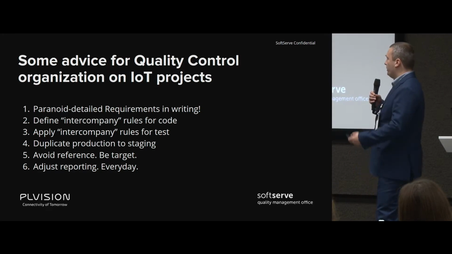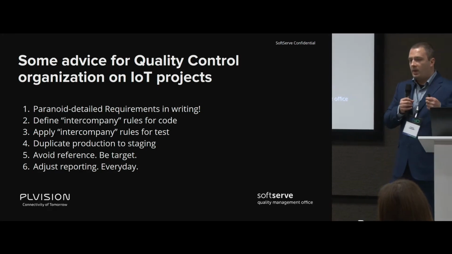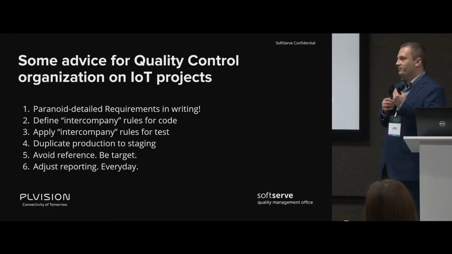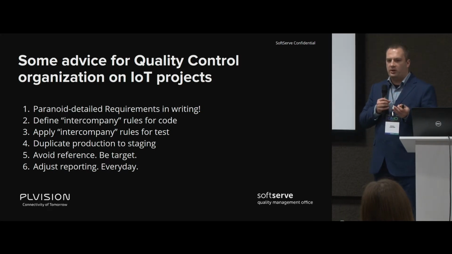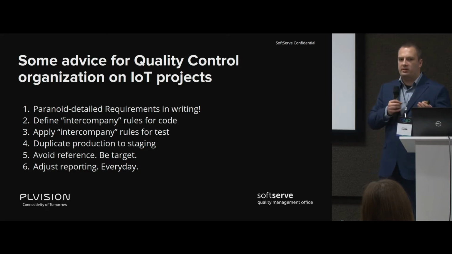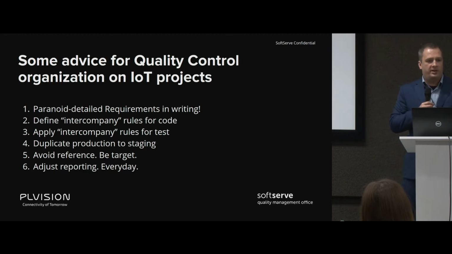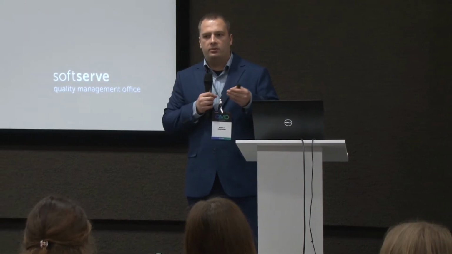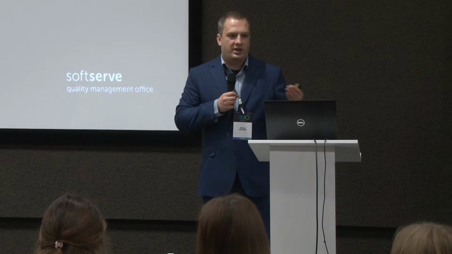Same as for intercompany rules for test. You can define, simple example, automation of the UI. In most IoT systems, you will have login page, you will have user page, you will have dashboard, you will have some chart, you will have something else. And definition of how you name those objects in browser will simplify writing of automated testing, and you can simply reuse tests by renaming variables, for example, because again, reuse of code is usually forbidden by NDA.